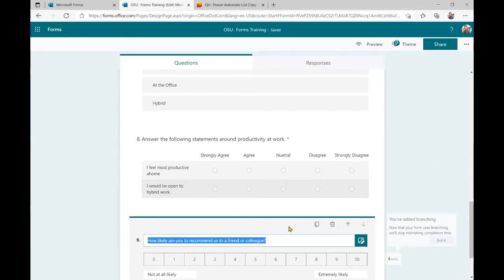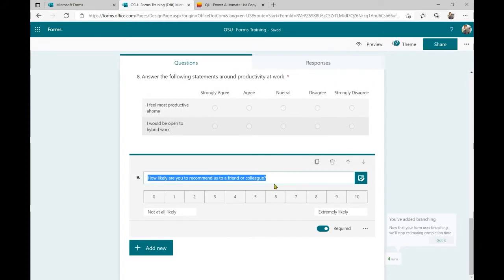These are pretty common too. How likely are you to recommend this to a friend or colleague? I'll leave this like this. You can change these labels, 0 being not likely at all, and 10 being extremely likely. For the sake of time, we're just going to leave these the way that they are right now. And again, you just have branching or adding a subtitle.